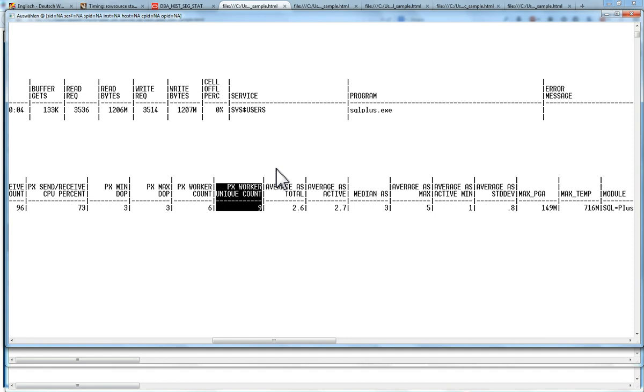And typically, if one DFO tree starts after the other, then the same parallel execution servers that just got deallocated by the end of the previous DFO tree will simply be reallocated for the next DFO tree. So the same parallel execution server names, if you want to say so, will be reused,